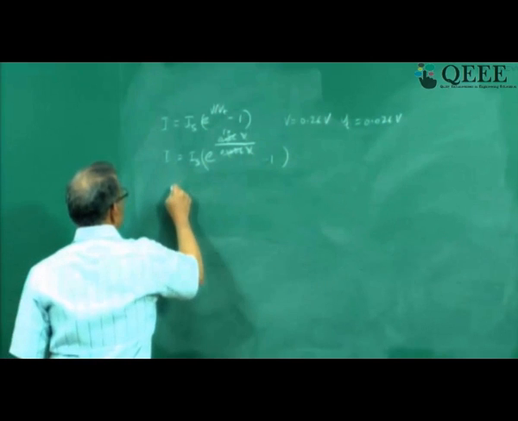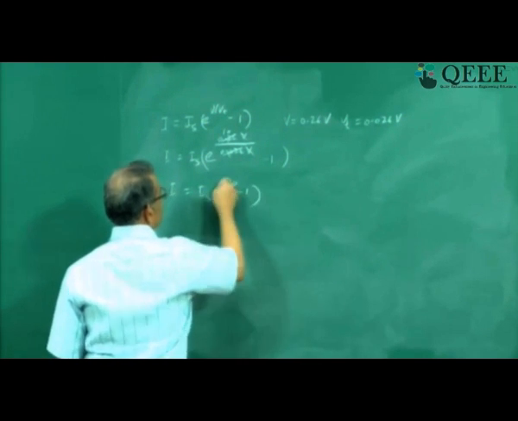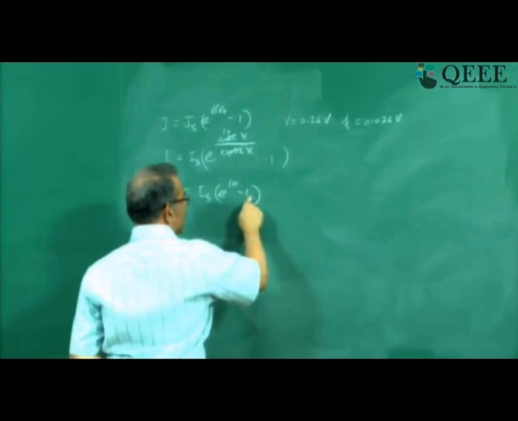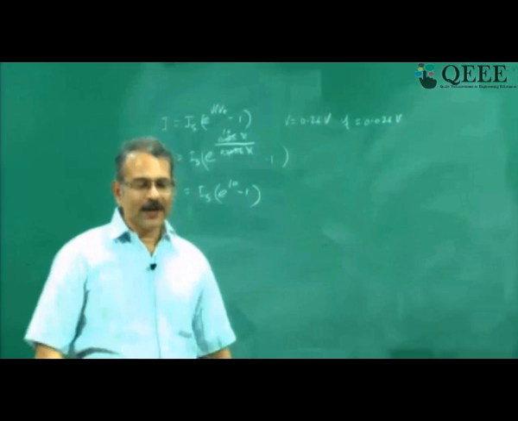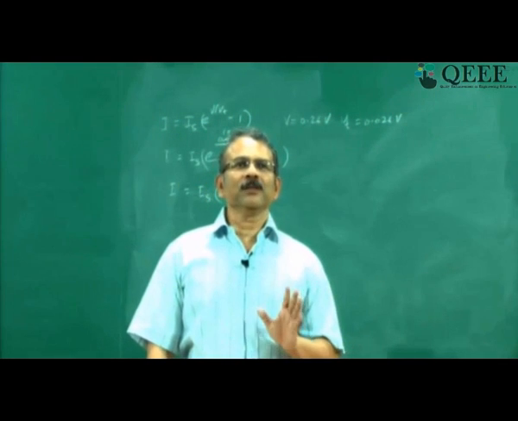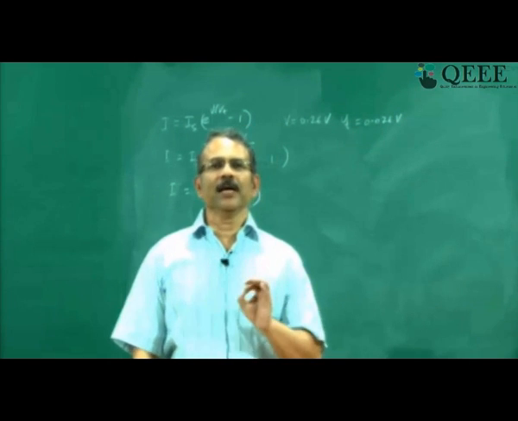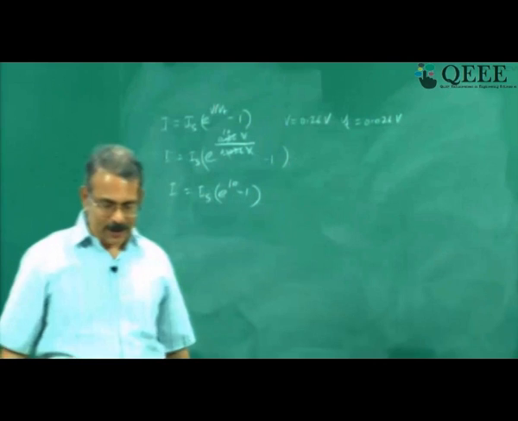So your answer at the first level is e power 10 minus 1. Now you know that e power 10 will be much more than 1, so we should actually make approximations. We should not forget to put all the terms, but after putting all the terms, we need not use all of them. Every engineer should learn to approximate so that it makes matters simple. An engineer should know how to make things simple.